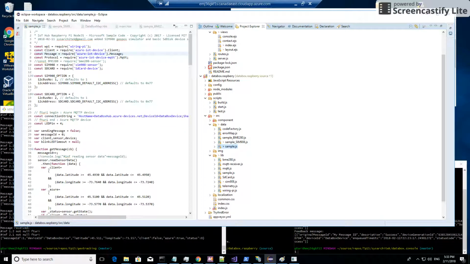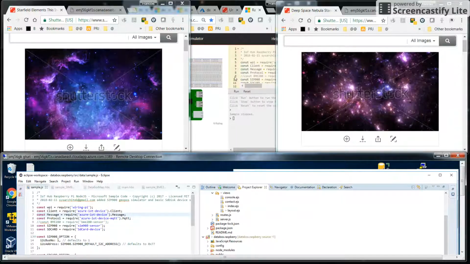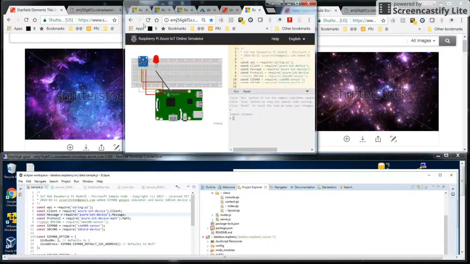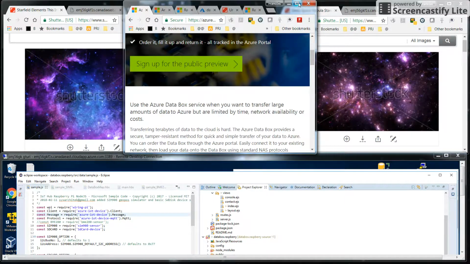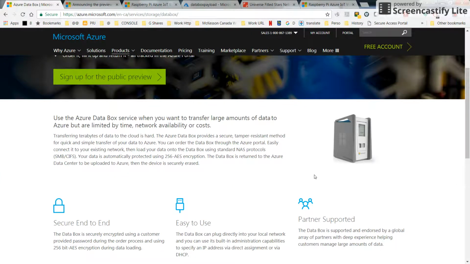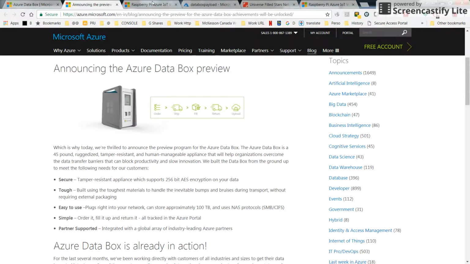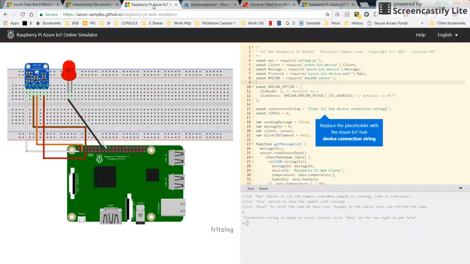Good afternoon. I'm going to show you the technology used behind the Azure IoT simulator. That's a product, and I thought that when you ship a computer to load data for the customer, you would like to know where your computer is, where the hundreds of terabytes of data of your customer are. So that's why I built the product around IoT, and in particular, I thought of using the Raspberry Pi online simulator,